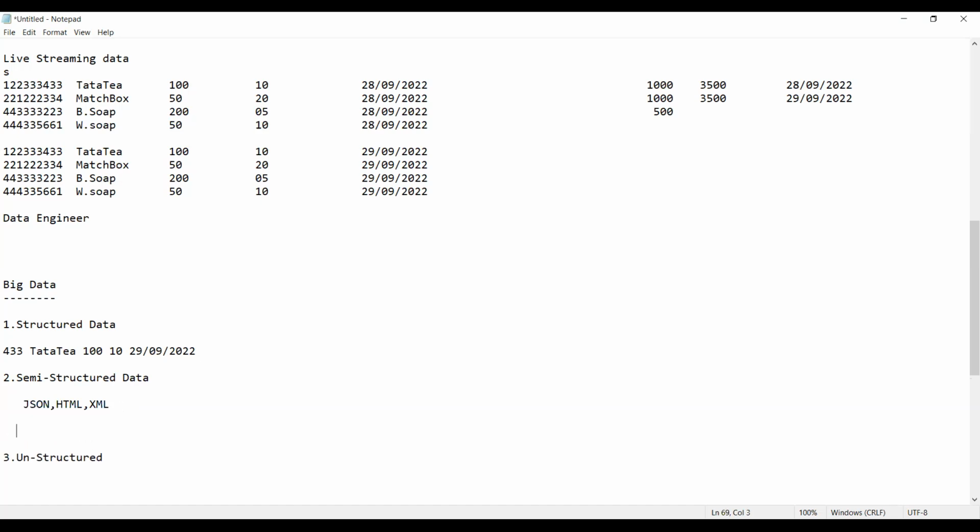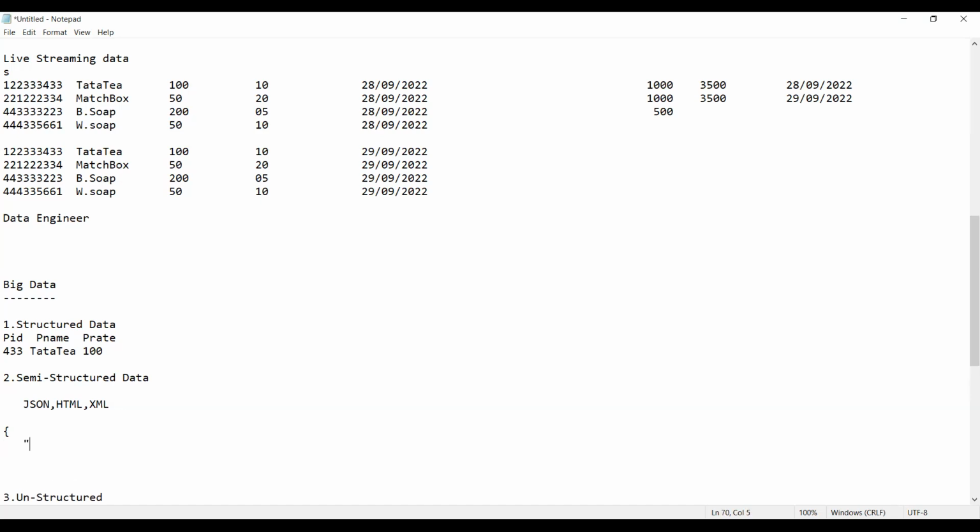So I'll give you one example for the JSON file, so things will be clarified. Suppose I am writing the same thing. PID, that means product ID, then product name, P name, and product rate, P rate. Just 3 columns is enough for me. Now I want to write the same thing in JSON. The data in JSON is stored in the form of key value pairs.